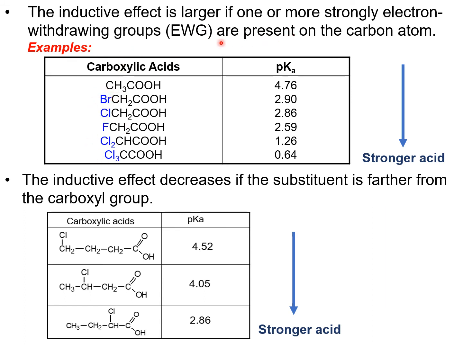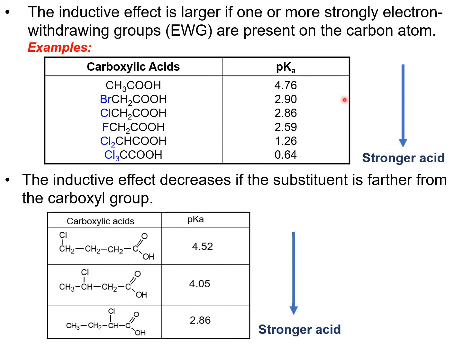So kalau dia ada banyak kehadiran halogen group, lagilah dia punya acidity akan jadi tinggi. So for example, as you can see here, this is a normal carboxylic acid with a alkyl group sahaja, CH3COOH, dia ada langsung EWG. EWG ni adalah electron withdrawing groups. So dia punya pKa jadi tinggi.